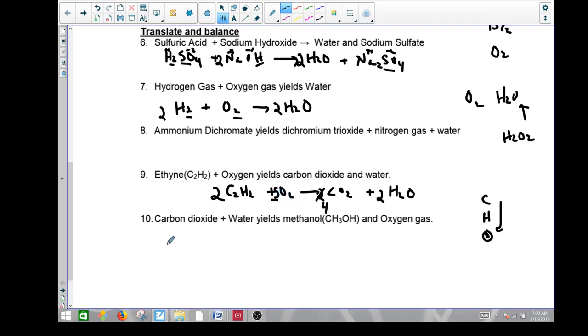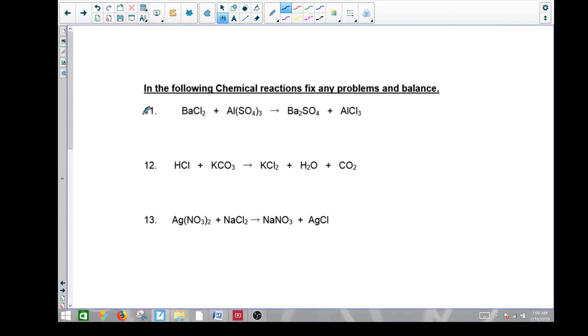Okay. And finally, the last little thing I'm going to give you here is a little bit of thought on this next page. All right, there are some errors on this page, and one reason why something won't balance is because there's an error in the problem. And if there's an error in it, it will never balance. It may not balance. It surely won't balance correctly. Okay. So what we want to do here is look for the error, and then we can balance it. I might just show one of these maybe here. Okay. Now the most common error that kids make